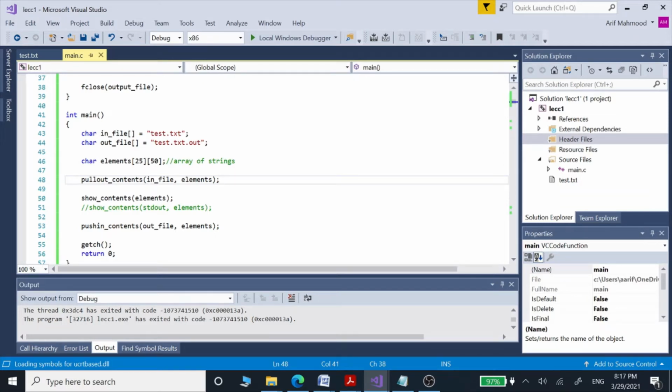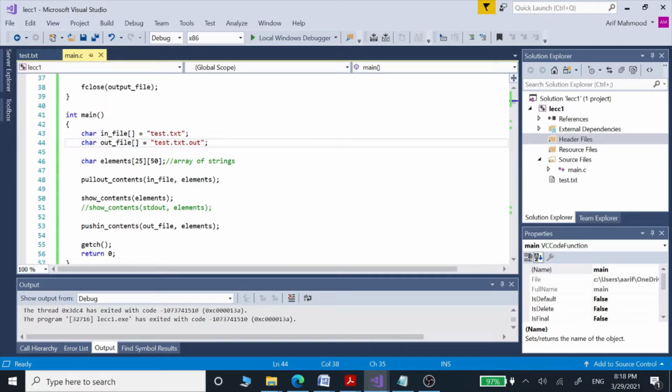In this video, we are going to see how we can use the concept of polymorphism on functions, first in C and then in C++. So this is a C program first, and this is its main function. In this main function, we have first given the name of our input file, and then on the second line the name of our output file.